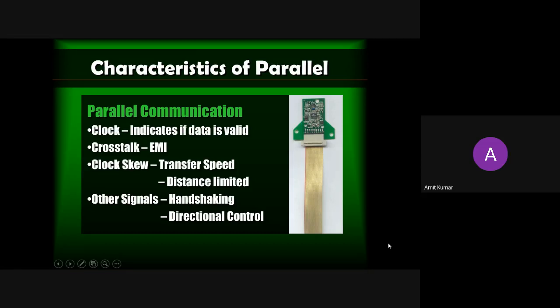Say for example, if you take your laptop, at the center your laptop has a master, that is the Intel processor, and we have a lot of peripherals like RAM, graphics card, Ethernet port, USB. These all are known as peripherals. If you connect these peripherals, this will behave like serial or parallel communication. These all will be treated as slaves.